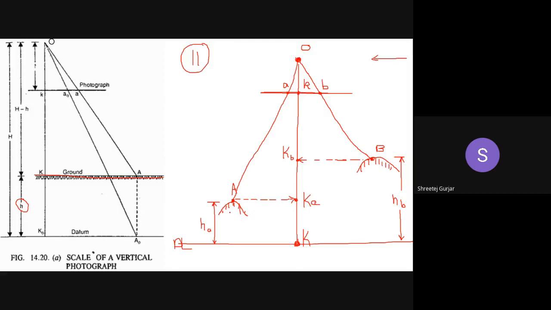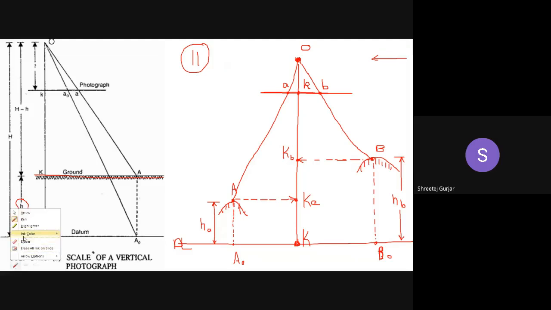One more thing we are left out with. What we will do, we will just draw a line towards the horizontal, that is A0. We will represent this on the datum line, that is A will be A0, and this thing also same. Projection of B on the datum line using a straight line is B0. So I hope you have understood how to draw this diagram. Now let me draw the distances that are required.